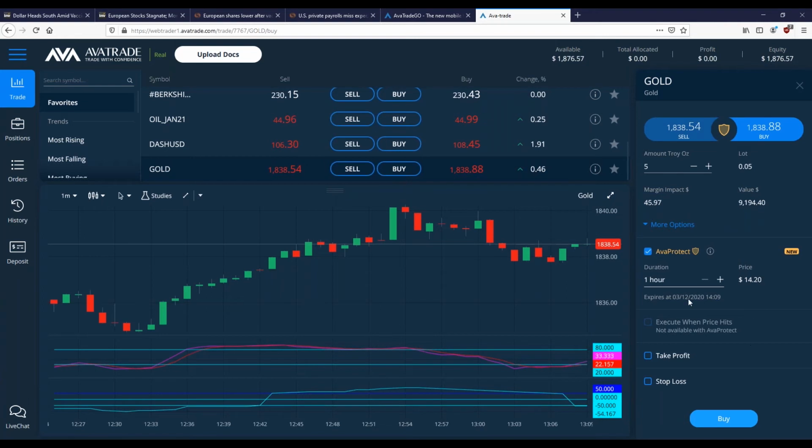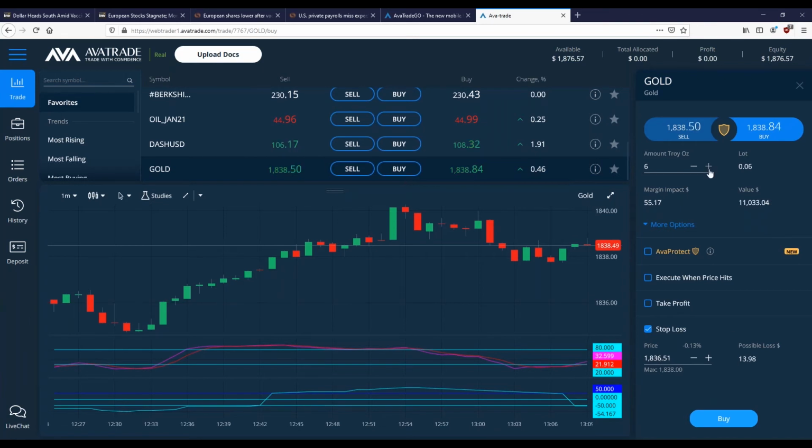Now, if you're using stop loss, maybe instead of the Ava Protect, you put your price, it tells you how much you're risking. Maybe I say, okay, I want to do 10 ounces, which is 0.1 trade size. The price is 18.38 now. Maybe I say I want my stop loss at 18.28.